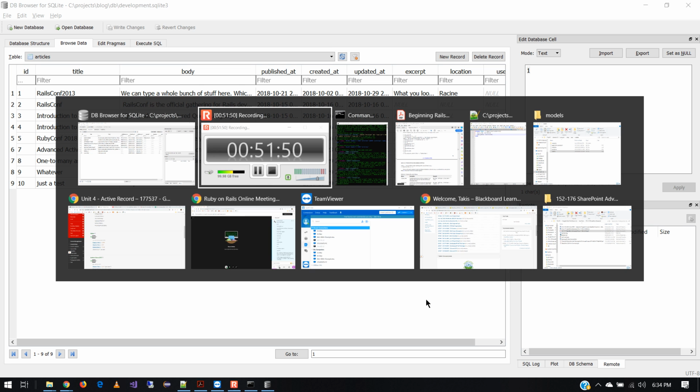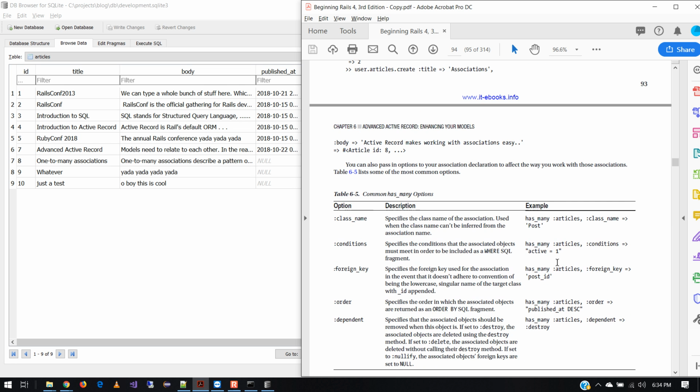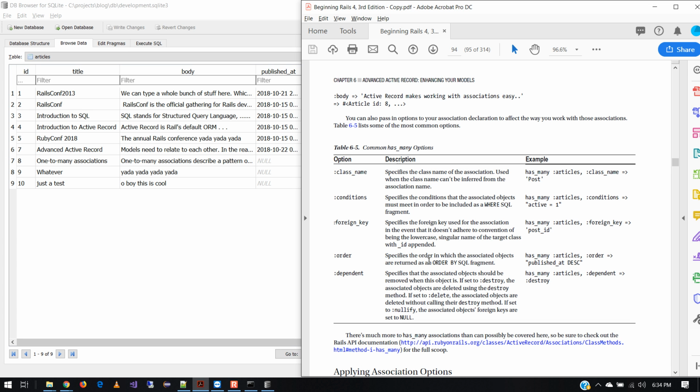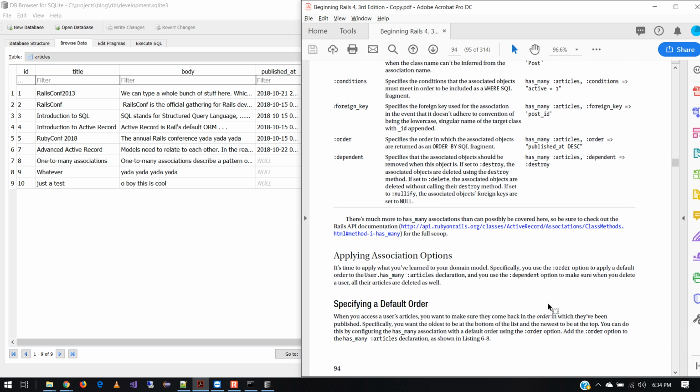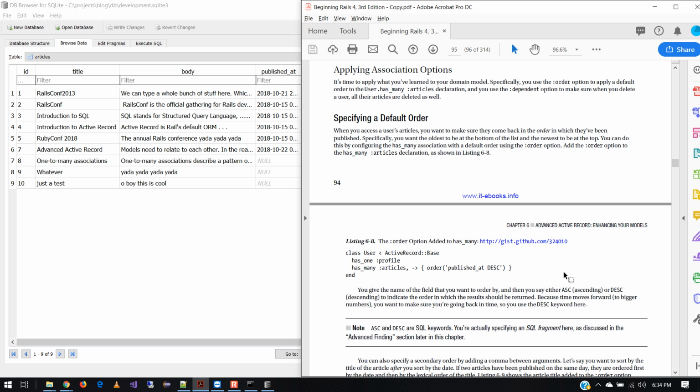All right, let's see if there's anything else we need to finish up here before we go to break. All right, so this has_many tool also has a number of different options that go with it, which are very, very similar to the ones that we saw before. In fact, for the most part, they're identical. So I don't feel compelled to really talk about them too much, but I will tell you that this is the great spot to stop before we go into this next section. So we're going to take a 5-minute break here in class. We'll come back and resume